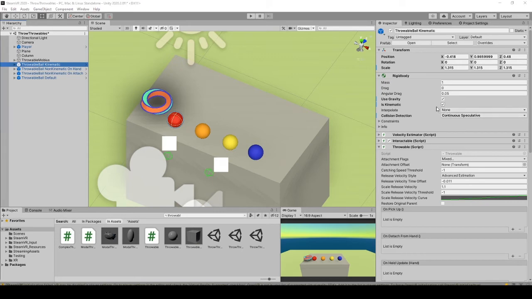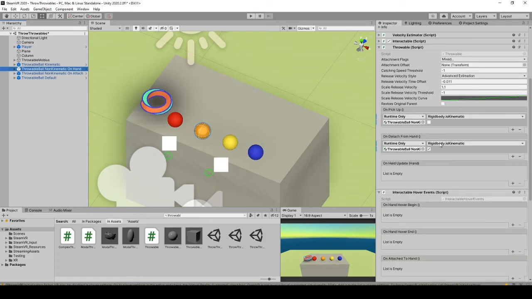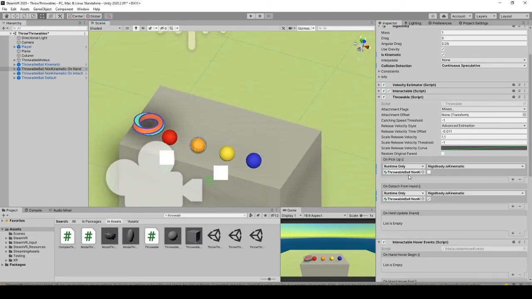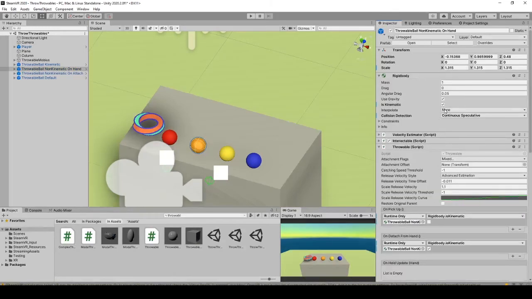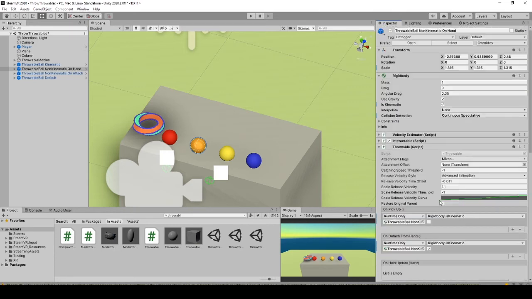Red one is set to be kinematic with no further settings applied to it. For orange one, we use on pickup and on detach from hand events of the throwable behavior. As their name suggests, they are called when said action happens. For the orange one, we put it as a reference to the corresponding event, select it as a rigid body, and its kinematic property. If it is unchecked, when this event fires, its rigid body will be set to non-kinematic. That is why we can move it when it is attached to our hand. When we release it, this time, with the same logic, we set its rigid body to kinematic. It stays where it is with no interaction with physics or gravity.